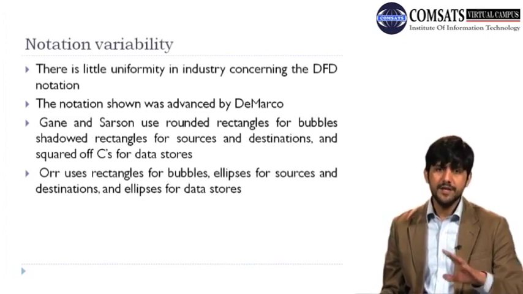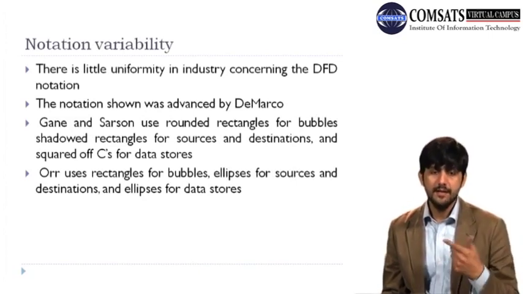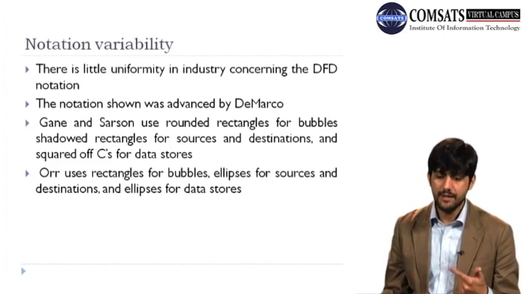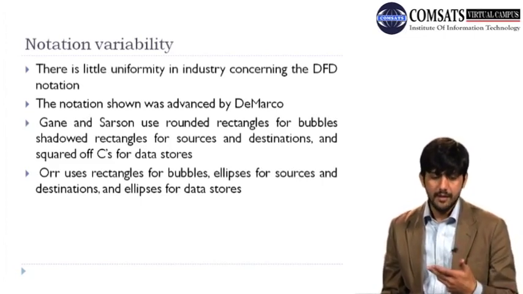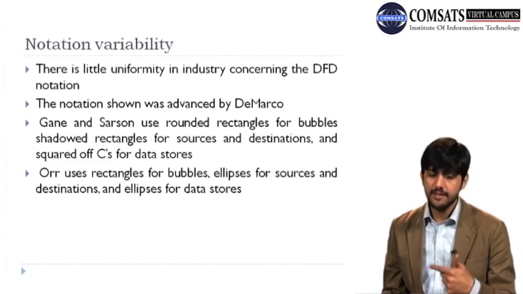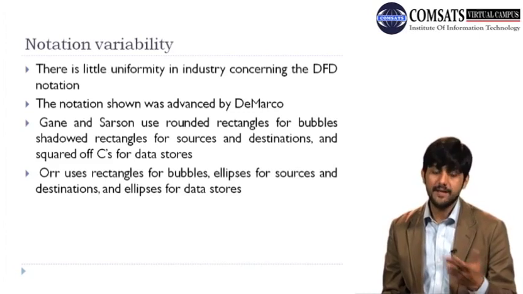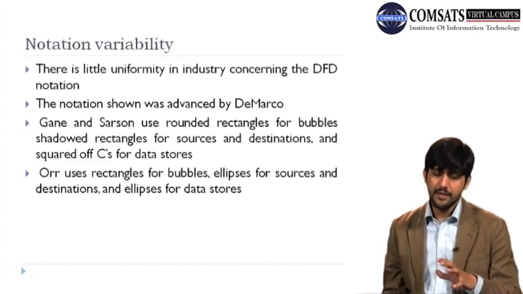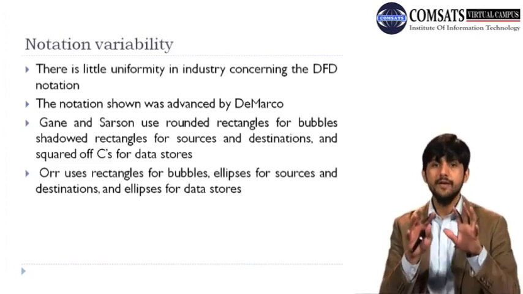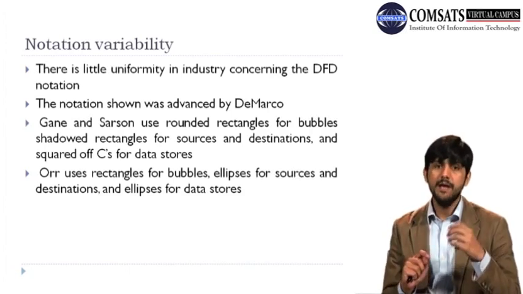So the notation can vary depending on the different tools that you are using. There is little uniformity in industry concerning the DFD notation. The notation shown was advanced by DeMarco. Gane and Sarson used rounded rectangles for bubbles and shadowed rectangles for sources and destinations, and open rectangles for data stores. So there is variability when it comes to notation in data flow diagrams, and different people have proposed